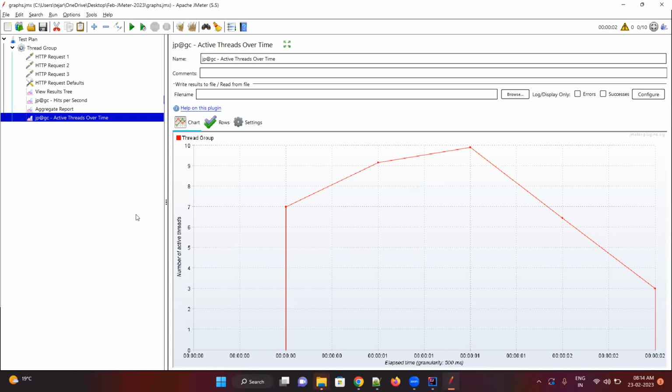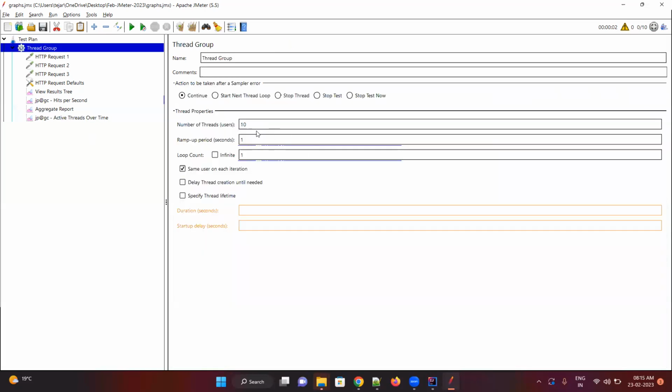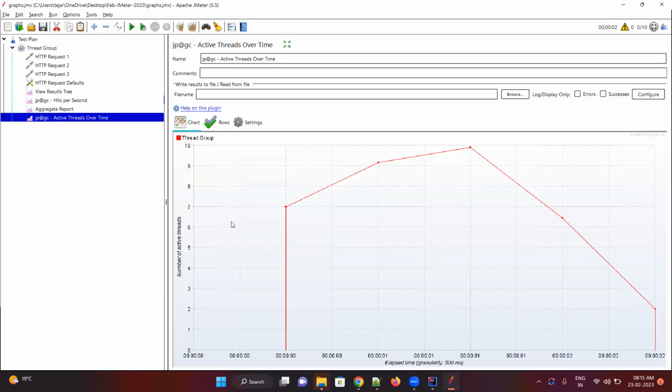Okay. Now let's say I give more ramp up. What is the ramp up? Ramp up is nothing but the user-to-user distance. So here the ramp up by number of users is 2 seconds, so every 2 seconds, one user will go. Correct. Now if you see the graph here,